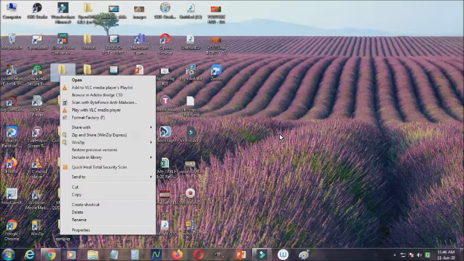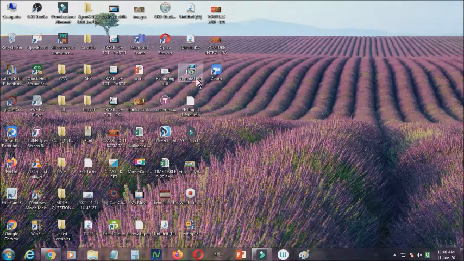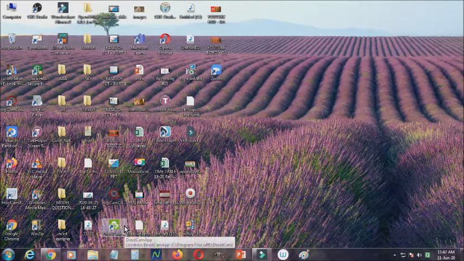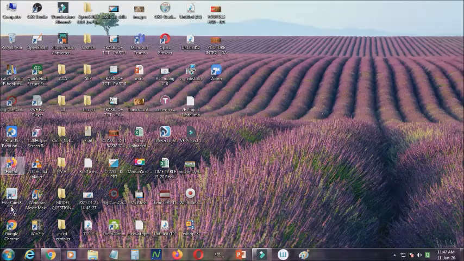Next is common desktop operations. Already I explained icons, taskbar, start menu and the shortcuts. These are the common desktop operations. Another option is if you want to pin your program to the taskbar or start menu.